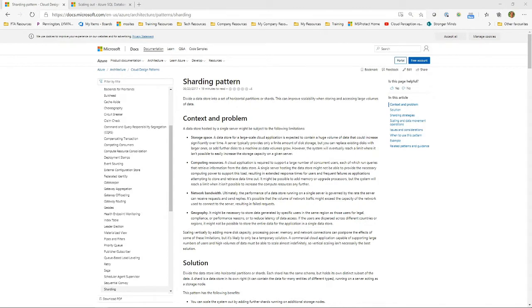Absolutely, and the regional one is a good point, because that would have been harder on premises. The latency between physical on-premises data centers typically was too high to really do anything with, and yet we're seeing an increasing number of countries, governments and citizens, saying, no, we don't want our data to live outside of our region. And that's a lot easier to do with cloud than it ever was on premises.